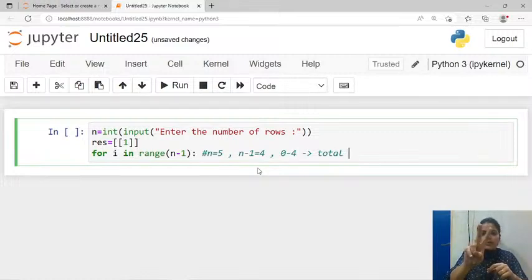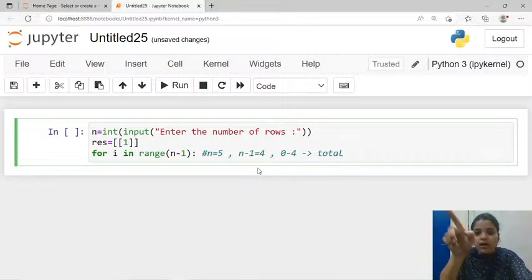0, 1, 2, 3. 4 will not be considered, it will go only till 3, right? I hope you got it. The upper limit always runs one less. So what we have basically written here is n minus 1. That means from 0 to 4. But 0 to 4 is a total of 5 times. Hoping you understand. It will not go to 4,